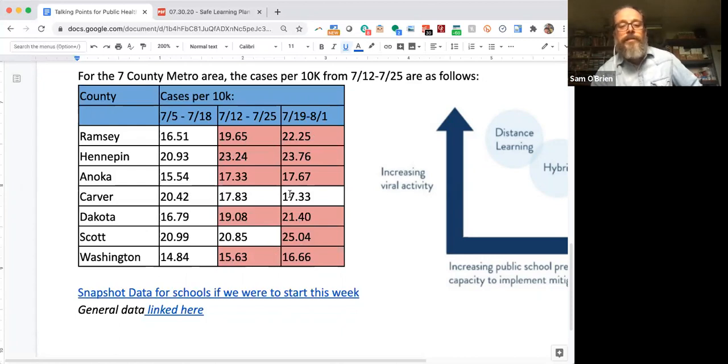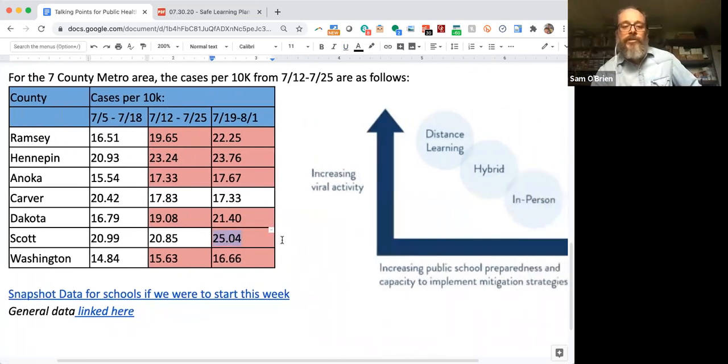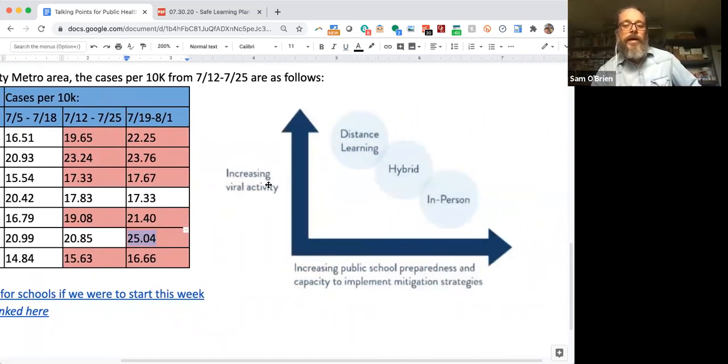So as we look at all of these, I just want to make sure that folks know that the advice from the Department of Health is that we're using the numbers that are the highest in any of the counties. In any of the counties, for any of the students that attend our school, the county that is the highest would be the number that we use as the first bit of health data to make our decision. And so just so that you understand what's going on, this chart, again, is what we're referring to. As we have increasing viral activity, we're more likely to be doing distance learning.